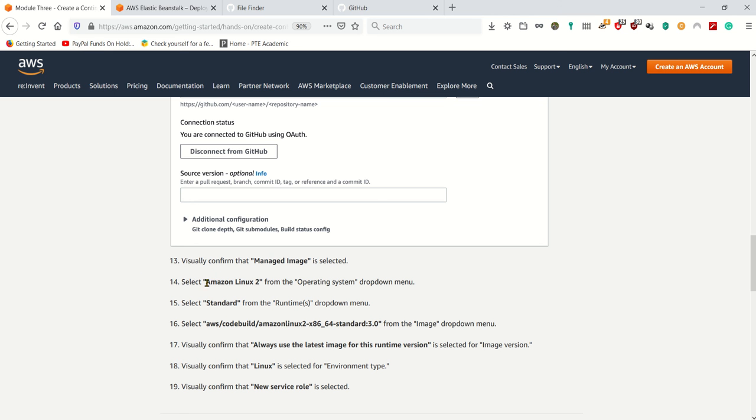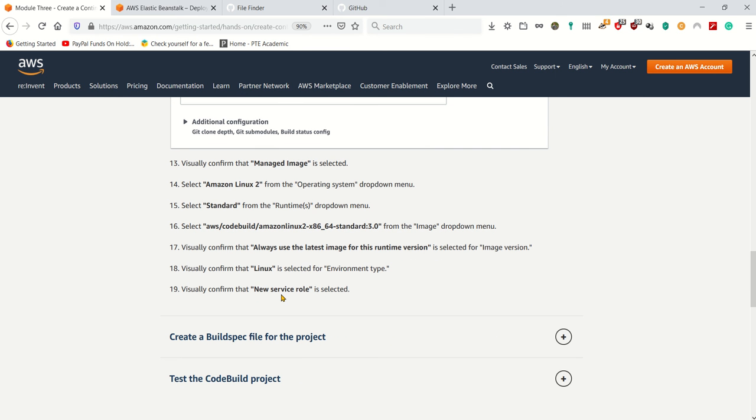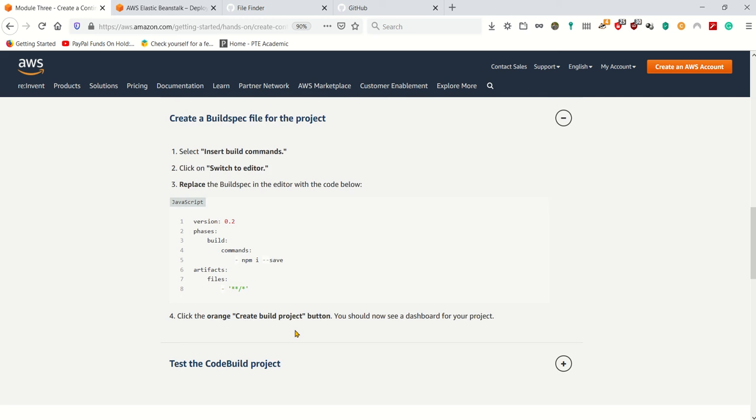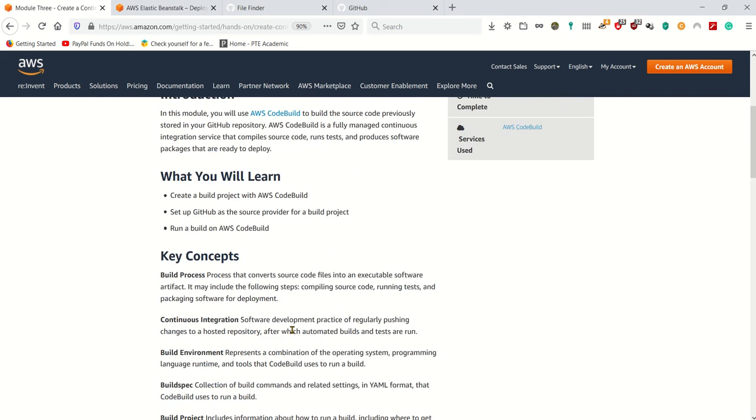managed image, select Amazon Linux 2 as my operating system, and select standard runtime from the drop down. This image, visually confirm, always use the latest image for this runtime version. So it will always check for updates of the operating system and always run the latest one. Visually confirm Linux is selected for environment type. Visually confirm new service role is selected. Okay, so it's gonna create a service role that is required. Okay, so let's go one step at a time. Okay, so now what's gonna happen is I'm gonna build